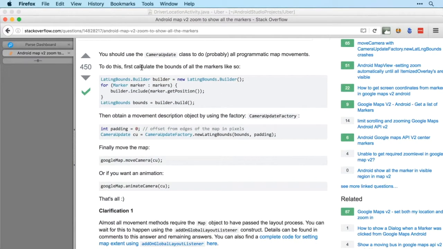So let's have a look at this. We're calculating the bounds of all the markers. So we're using a LatLngBounds builder, and then we're looping through what looks like an array list of our markers, and then we're generating some bounds from those. Then we add in some padding and update the camera using those bounds. Okay. That looks pretty straightforward. We'll try that out once we've tested that everything's working